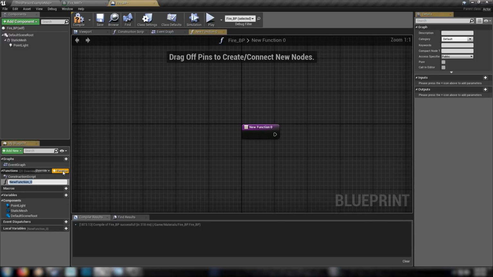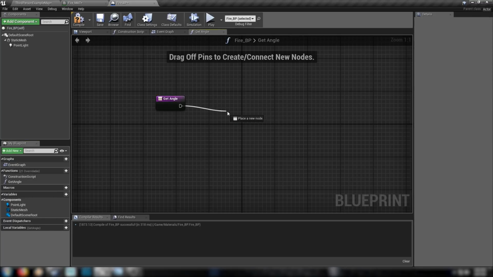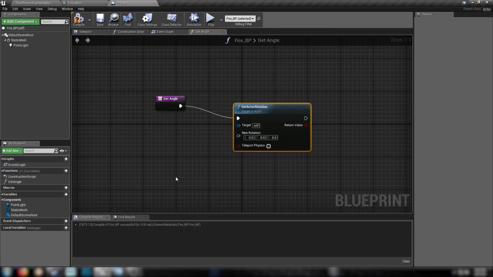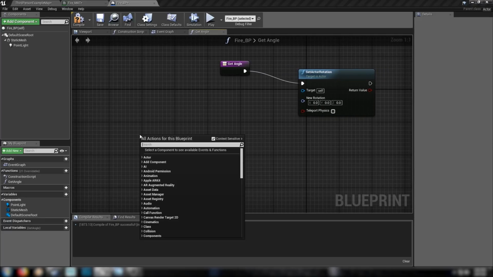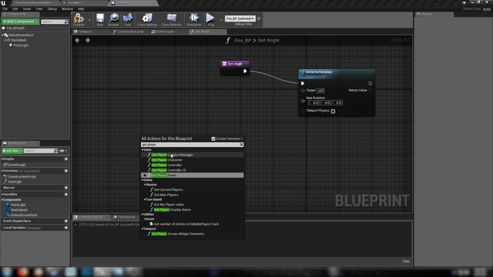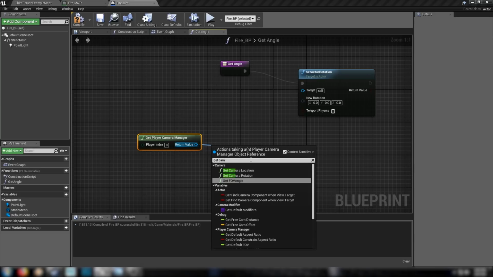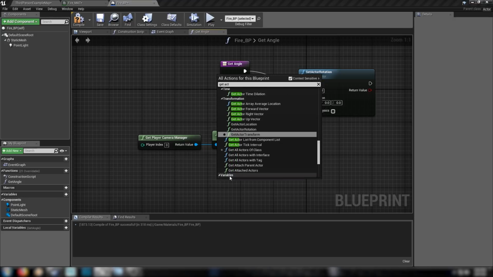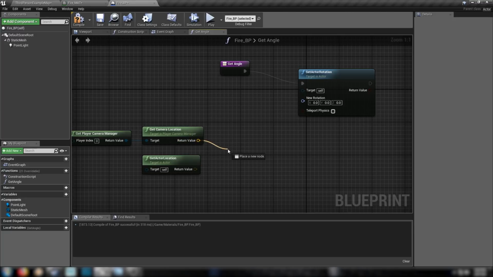Let's make ourselves a new function. This one's called getAngle, and it'll be to set the actor's rotation. The actor will be the blueprint that we're working in, just the self. And we need to find the player camera. Get player camera manager, and then from this, get camera location. And we'll also need to get this actor's location. Get actor location. We're going to subtract these two vectors from one another. Vector minus vector,